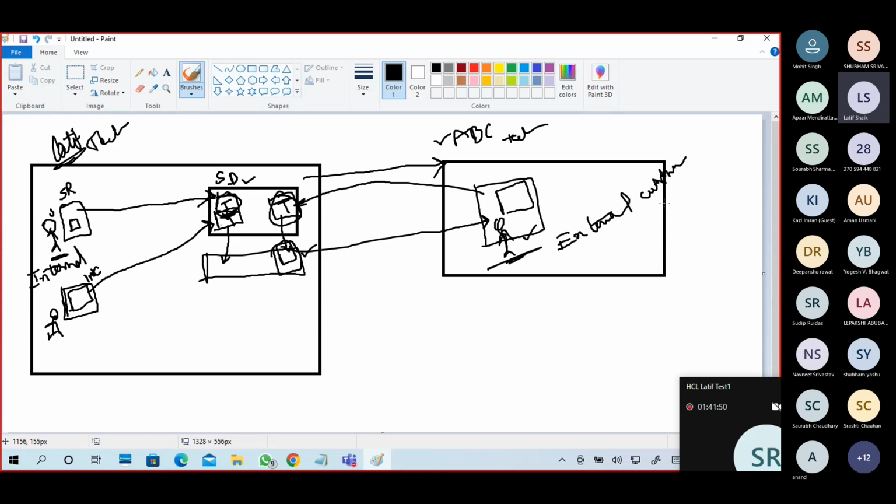External customers are basically of two types. Internal customers, and then different organizations, for example Airtel or ACT or Jio, or HCL.